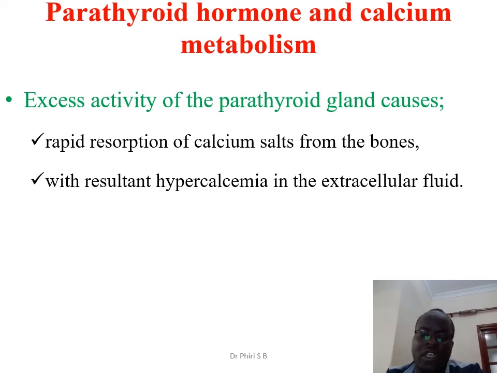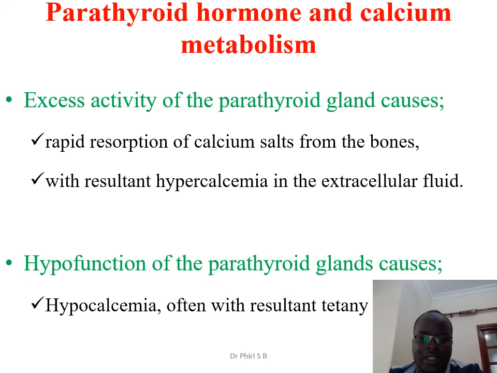So if you have bone resorption which is increased, you are mobilizing more calcium that will result in hypercalcemia in the extracellular fluid. And hypercalcemia can cause depression of the nervous tissue. That will bring about muscle weakness as clinical signs or symptoms of excessive parathyroid gland that is producing an excessive amount